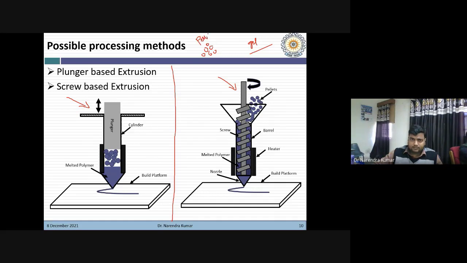For these two materials, which kind of mechanism will be suitable? Suppose you want to make parts of silicone material, which mechanism would you prefer? And on the other side, you have the material in pellet form. Then which mechanism would you prefer?